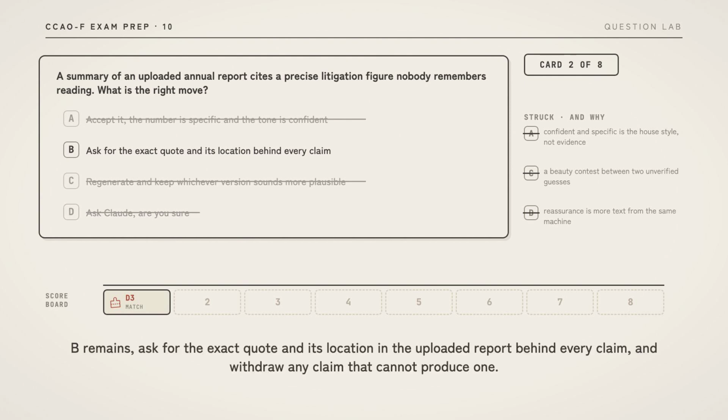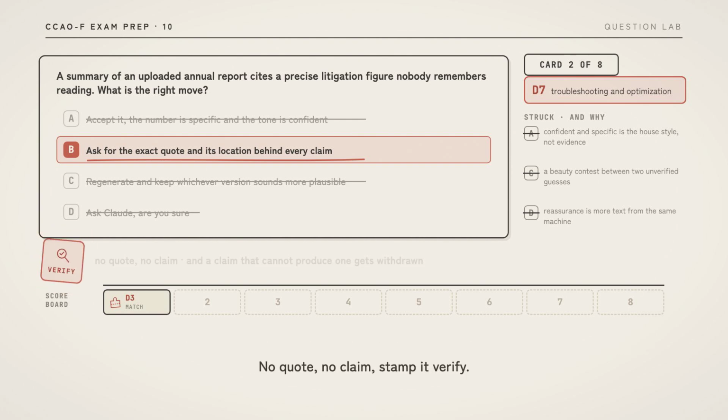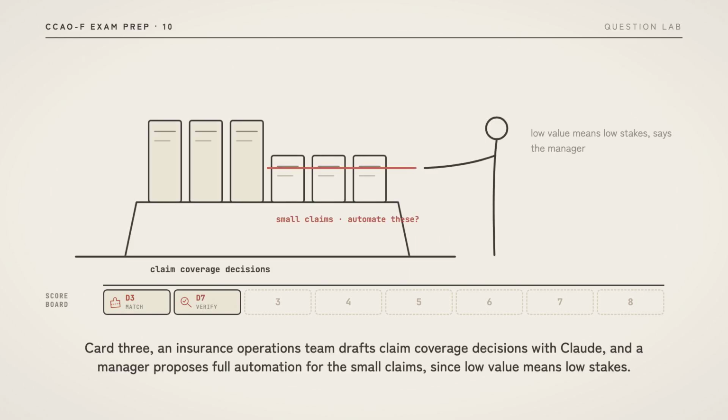B remains, ask for the exact quote and its location in the uploaded report behind every claim, and withdraw any claim that cannot produce one. No quote, no claim, stamp it, verify. Card 3. An insurance operations team drafts claim coverage decisions with Claude, and a manager proposes full automation for the